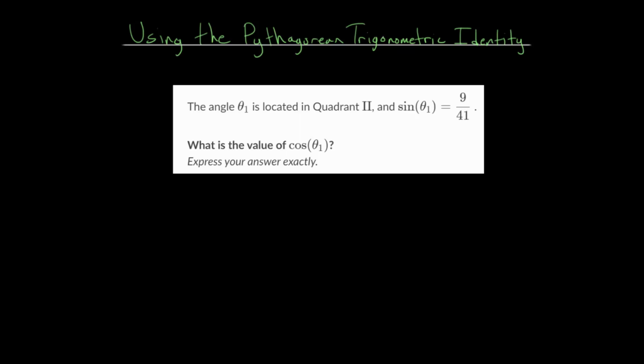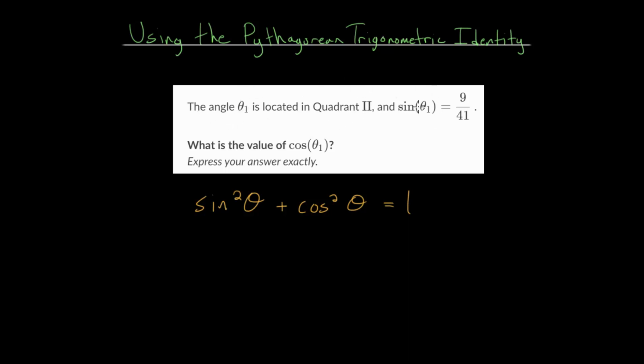In this video, I'd like to talk about using the Pythagorean trigonometric identity. Specifically, the identity that we want to use involving sine and cosine is that sine of theta squared plus cosine of theta squared is equal to 1. And with this identity, we can answer problems like this, where we are told that an angle is located in